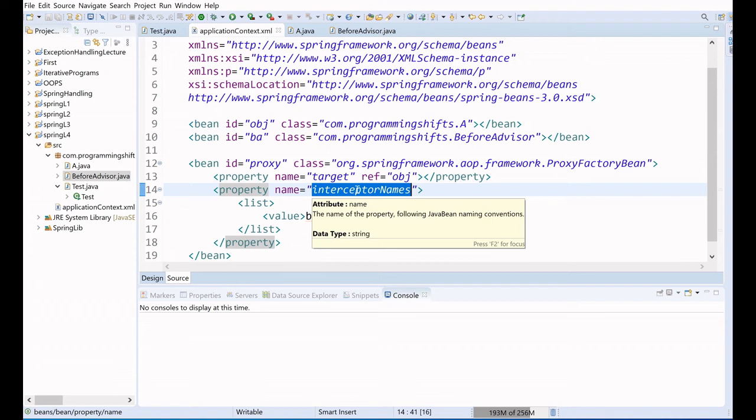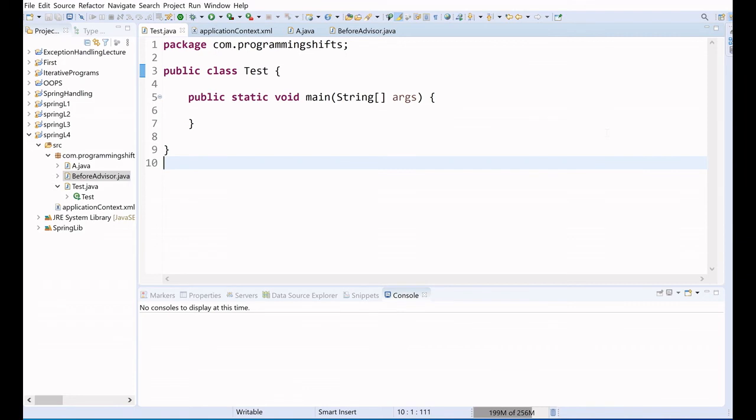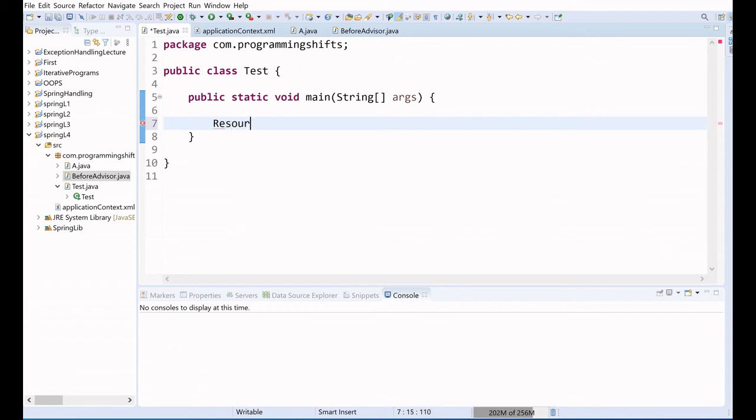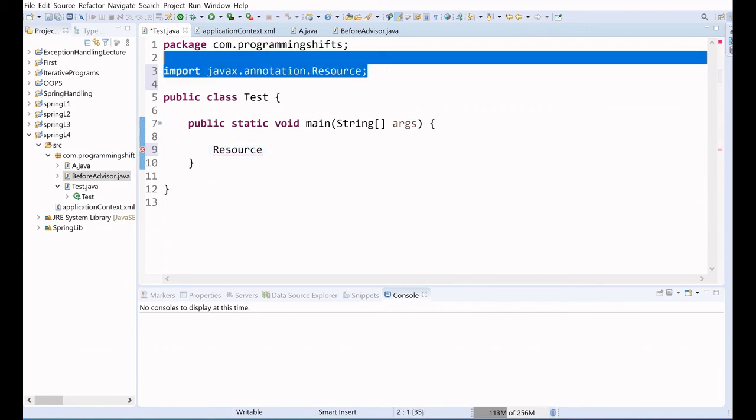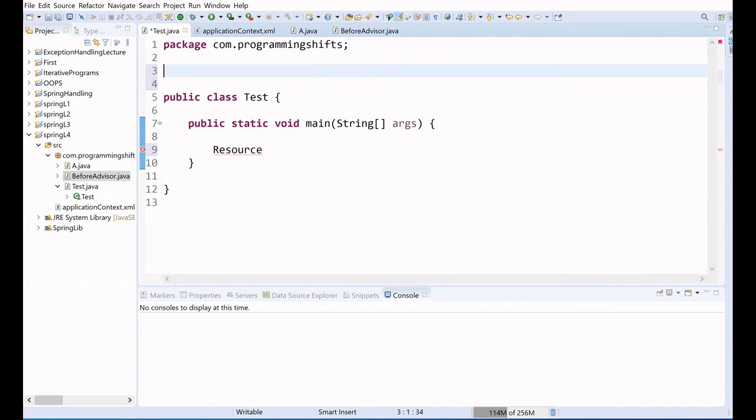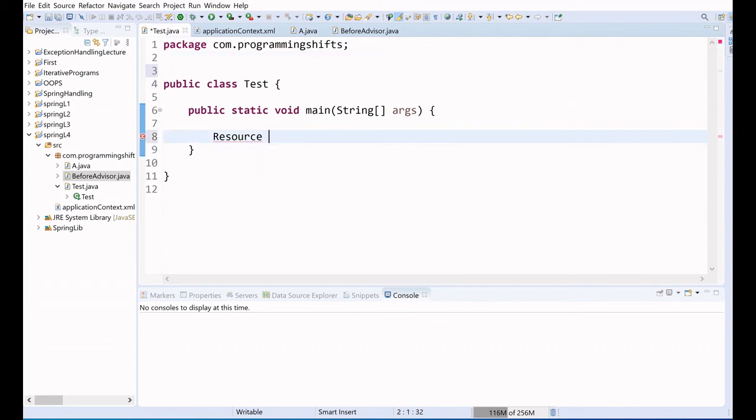now understand. Let's call the actual method where we have to write the test, where we have a main method. So here we have a main method. How will we do that? As you know, we have two ways to do that, right? We can load the application context. So I am going to write resource, right? You can use application context also, no problem. So we have our resources here.